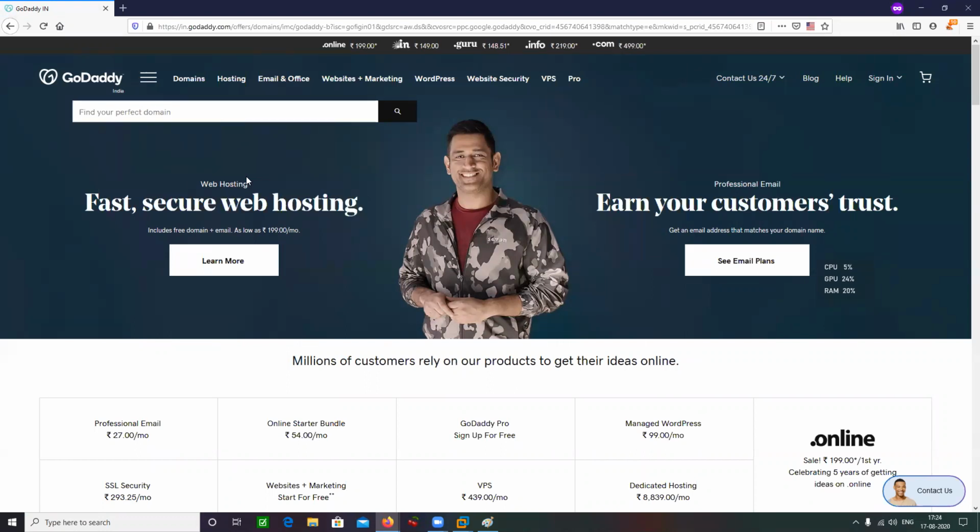A server that is running 24/7, which is hosting your files. Every domain needs this web hosting service. A domain name without hosting is like a car without the tires. You cannot take it anywhere.